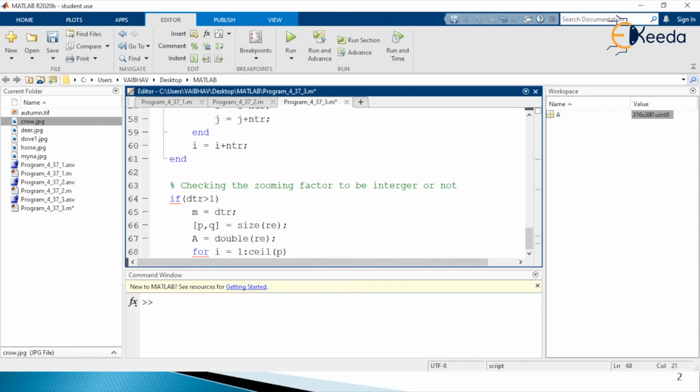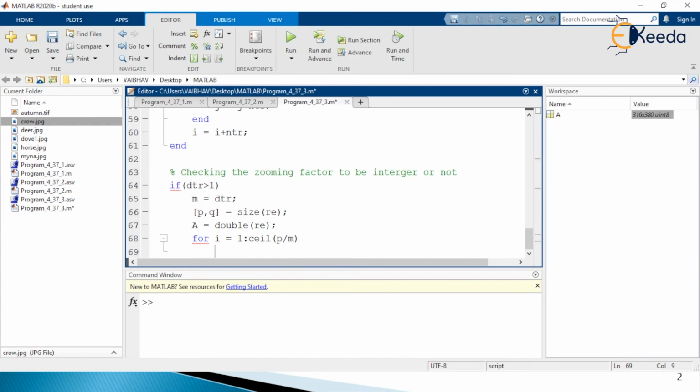Inside, nesting another for loop with the index variable j to be initiated at 1 and to the round value of q divided by m here. So here inside we make use of an if condition.